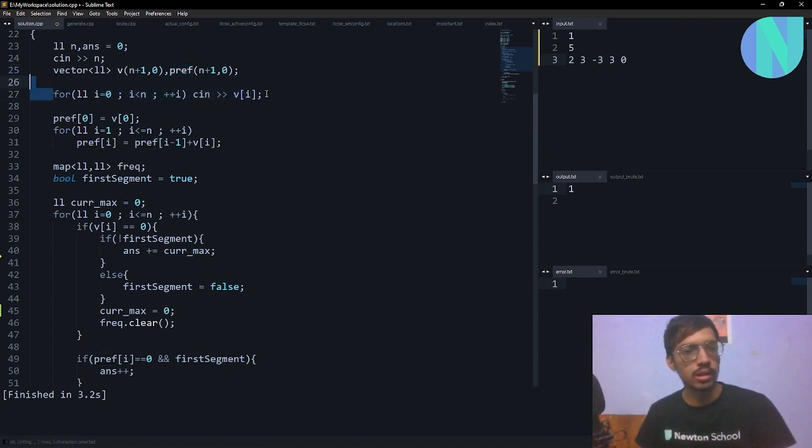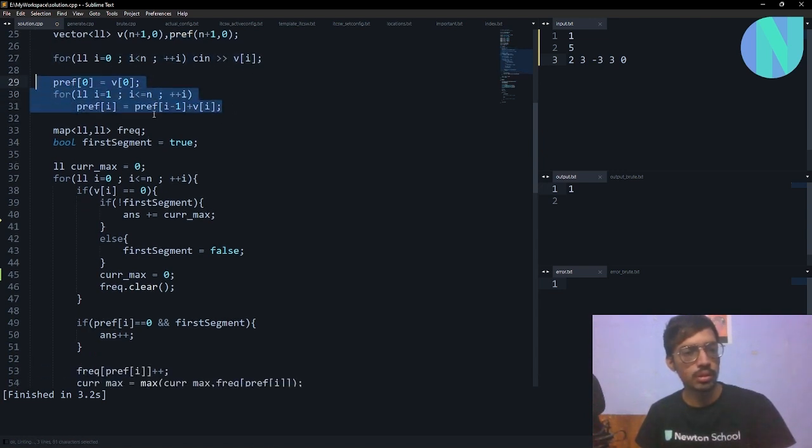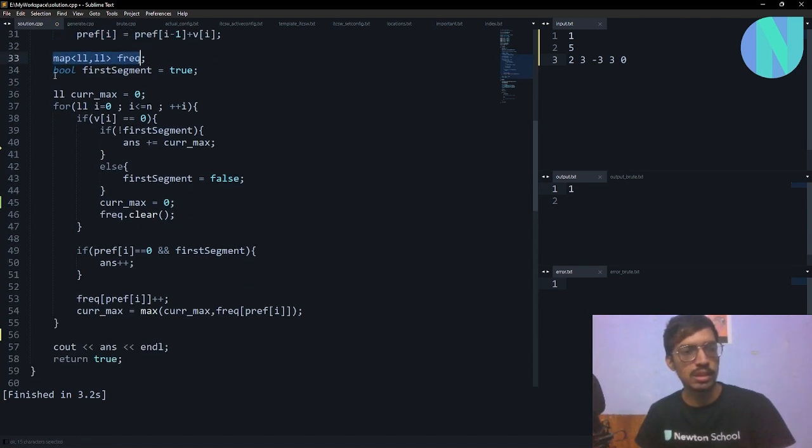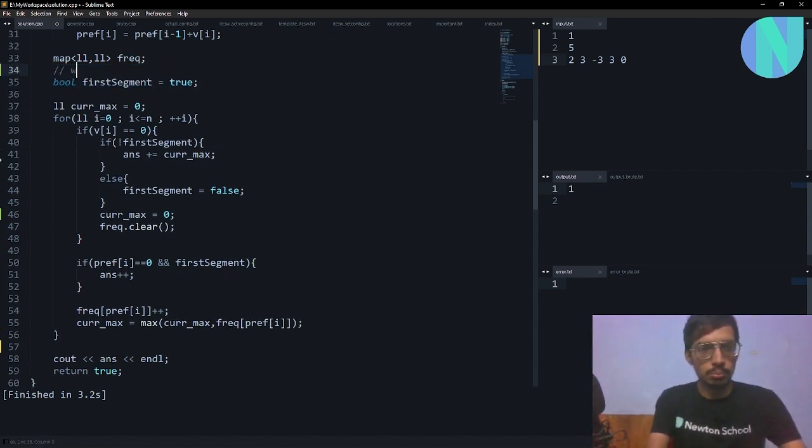So I will input the array and I will calculate the prefix sum array. Then I will keep a map. This will help me to store the frequency. Then I will keep a boolean variable, first segment. This first segment will help me to tell if I have